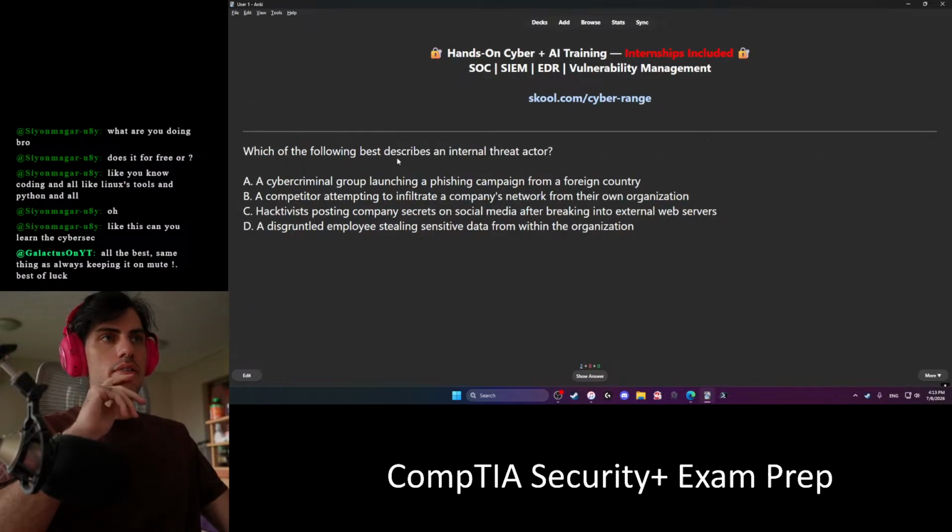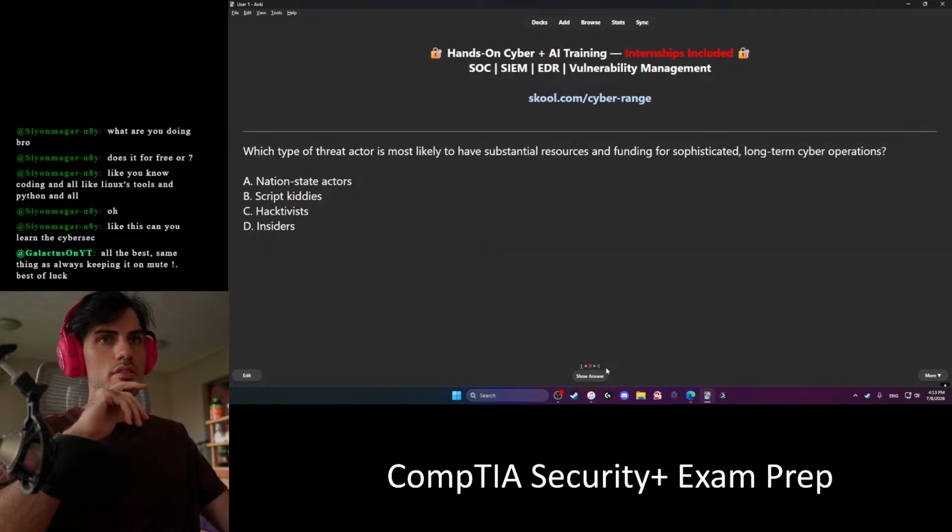Which of the following best describes an internal threat actor? D. Which threat actor is most likely to have substantial resources and funding? A, of course.